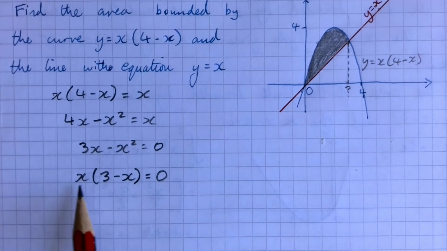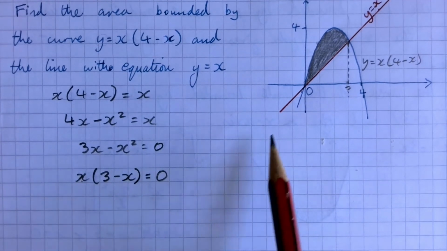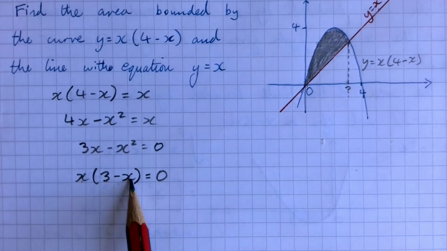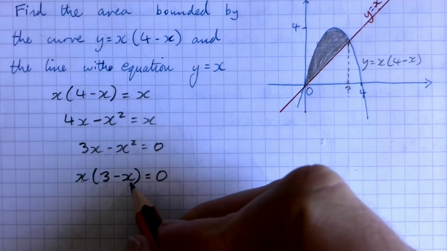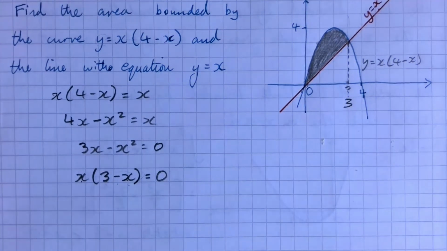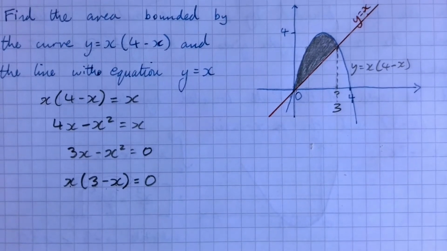So the two roots are going to be x equals 0, which is what we've got there. So that's one place where they cross, and the other place they cross is when this bracket here is worth 0, which is when x is 3, because 3 take 3 is 0. Therefore that value there is 3. And what we're looking to do